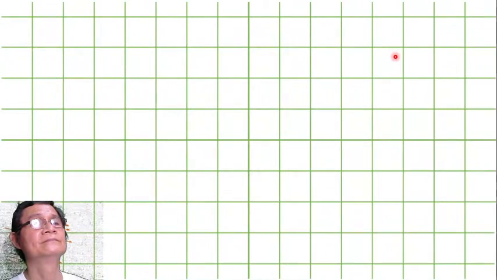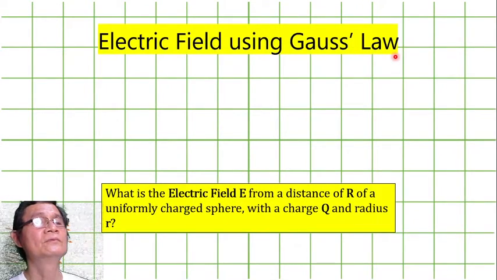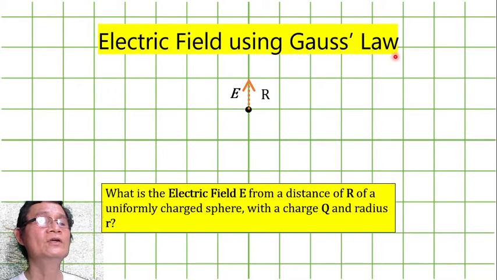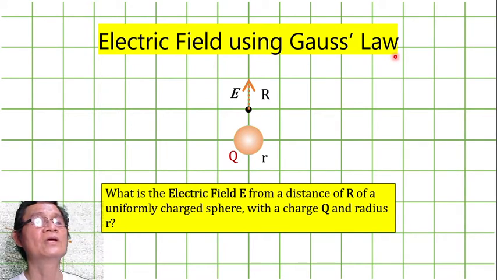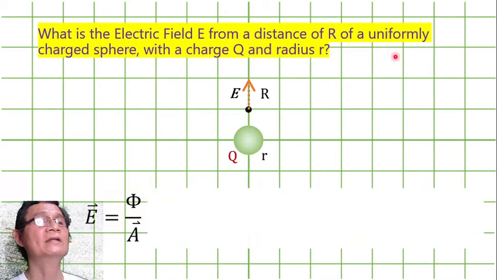Okay, so this time, our problem is, what's the electric field E from a distance of r again of a uniformly charged sphere with the charge Q and radius of small letter r? So to solve that,